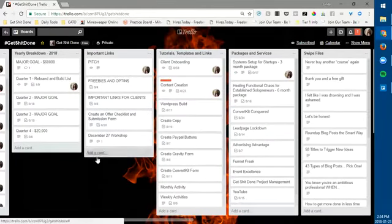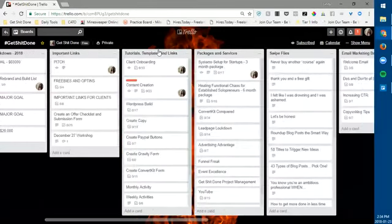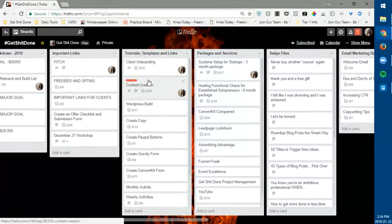So as I create more and more important links, they get dropped in here. Tutorials, templates, and links. I have created all sorts of different systems on setting up ConvertKit forms, creating Gravity forms, creating PayPal buttons, all these different ones. So I find them really helpful. And I can actually just take one of these and copy it onto a client's board, or copy it onto my weekly board wherever I need it, and then just use that as a system to create these different pieces